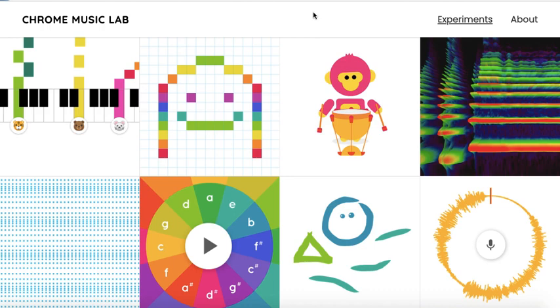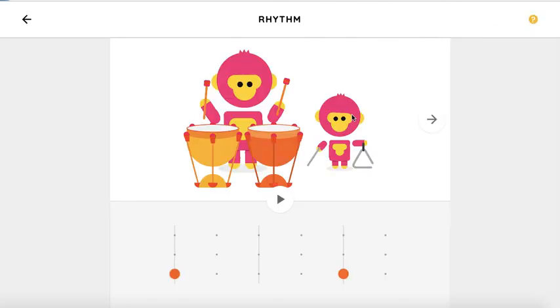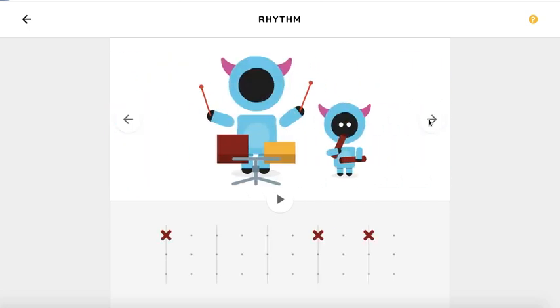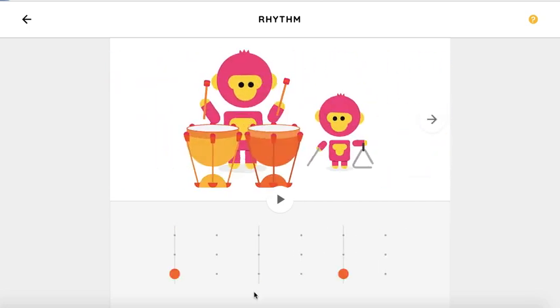To take a look at how we can make some beats using this rhythm tool in the Chrome Music Lab. So this is really fun. It's going to give us 4 different options with 4 different creatures that let us make different kinds of beats. So if I just press play on the example here,